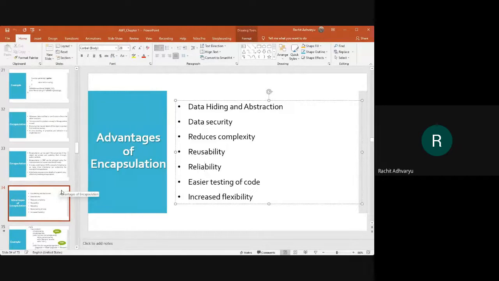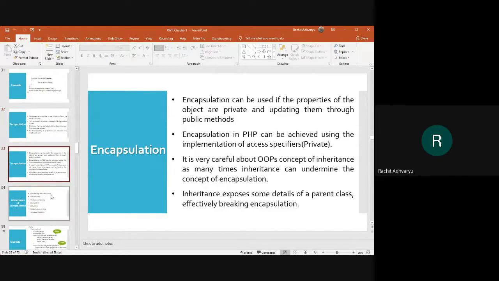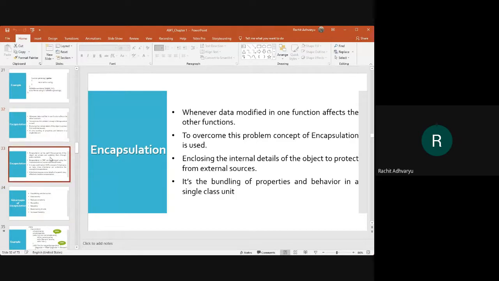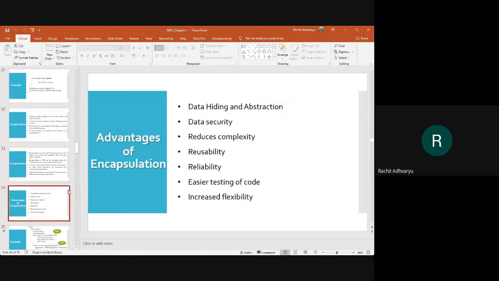So encapsulation is the most important property of OOP. Right? So these three slides you need to remember to write down the answer for encapsulation. Right? Explain encapsulation in detail.